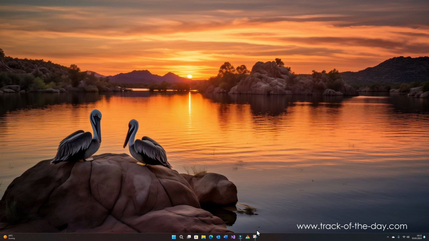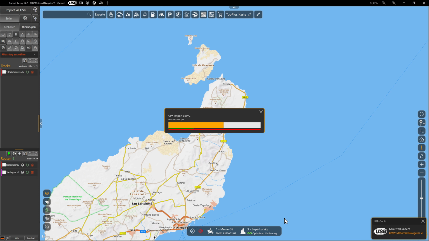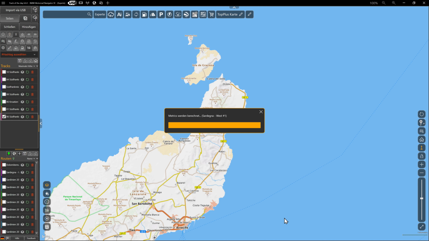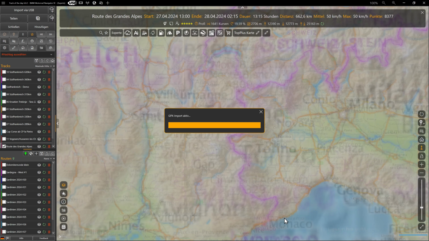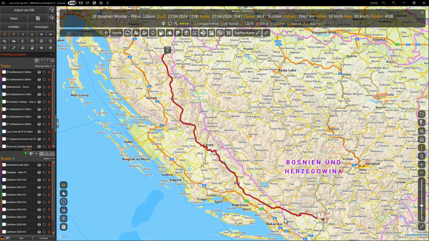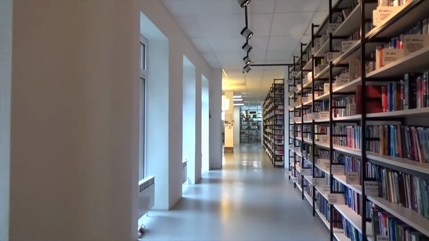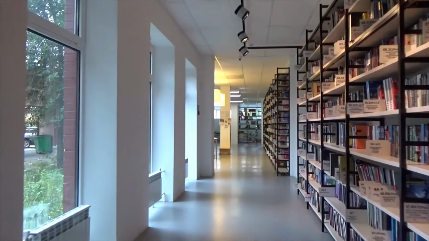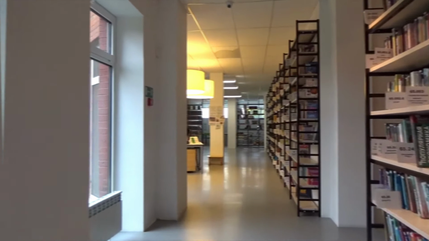Initially, we saw that all loaded tracks and routes are re-imported every time the application is launched. If a lot of tracks and routes were loaded before, this can take a long time. Therefore, it does not make sense to open more than the tracks and routes that are necessary for planning a trip. Everything you don't need can be archived and reopened at a later date. This archive is the SQL database of Track of the Day.